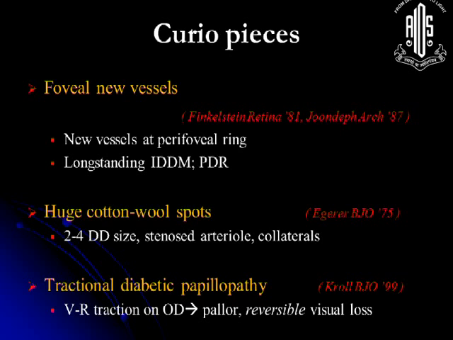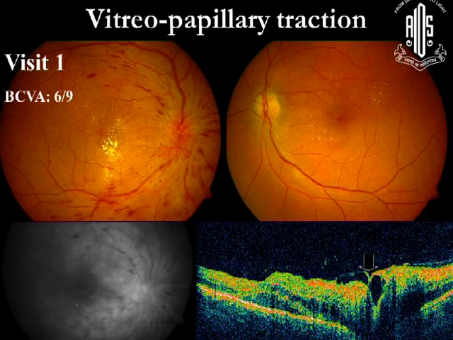Tractional diabetic papillopathy was a term that Peter Kroll put out in BJO 99. He described vitreoretinal traction, which we think usually happens or should happen at the macula, taking a toll on the optic disc or the optic nerve head and causing pallor and a reversible visual loss. That's interesting. Let me show you an interesting case. This is a case,